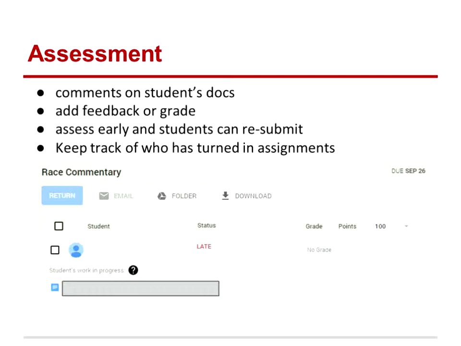Once the student submits their assignment using Google Classroom, they lose all ownership of that assignment. You are now the owner, so they can't go back and edit their assignment. What you can do is give them the ownership back again, or have the students make a copy of the assignment, follow your feedback, do a revision, and then resubmit it again. Which is really annoying, to be honest with you, but I think that Google is working on this, because I know a lot of teachers have complained about this and they're saying it's too many steps for the kids to go back and forth.